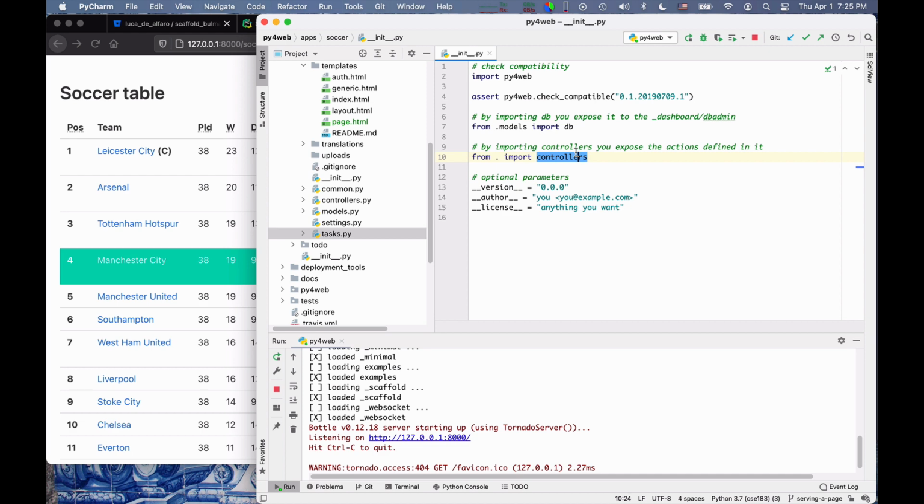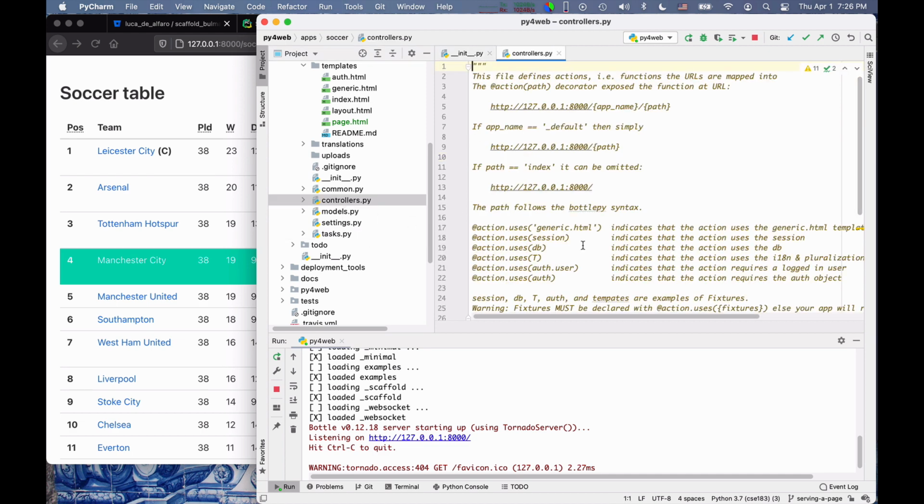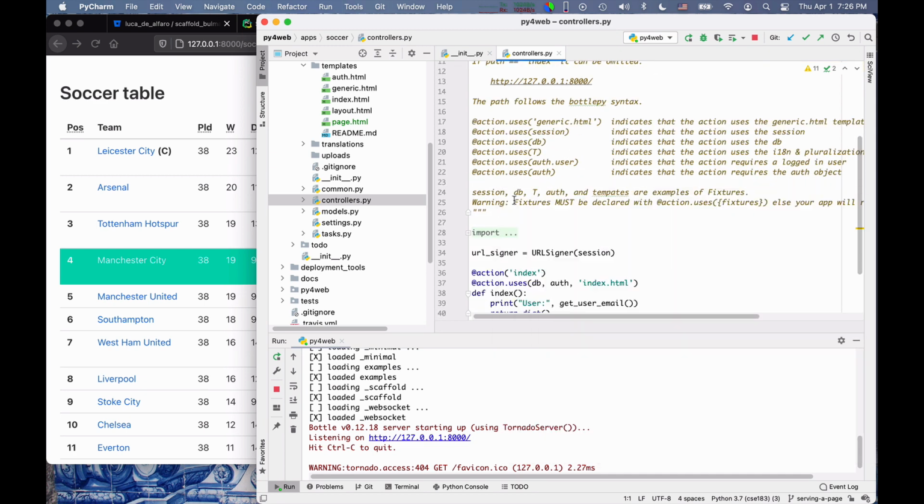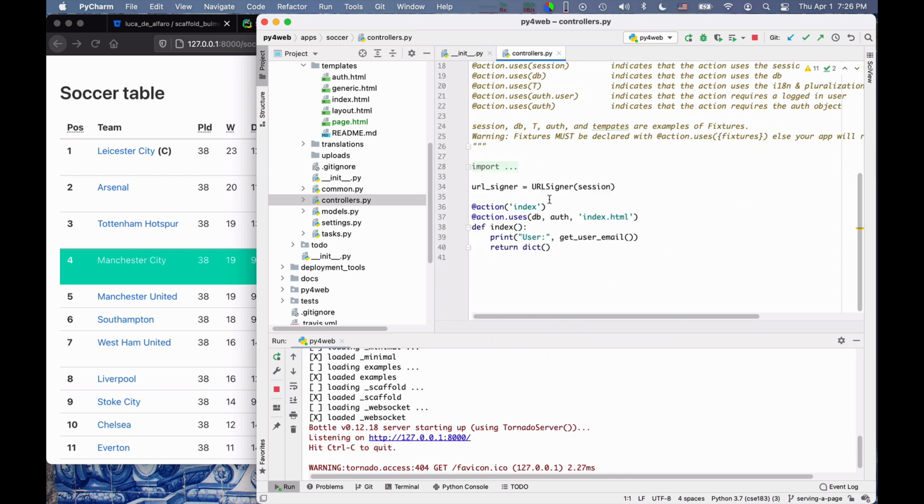Let us look at what the controllers are before we do other things. So the controllers is an empty file at this point. Oh, actually, no, it serves an index page. Fine. So just as it serves the index page, I'll ask it to serve my